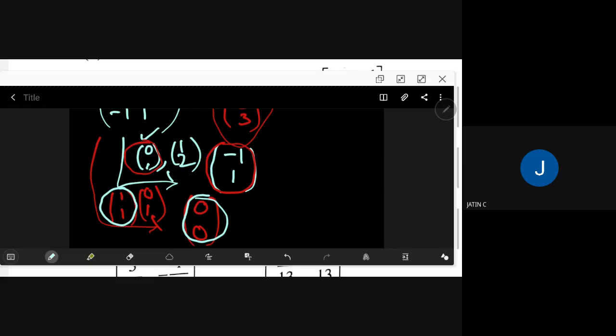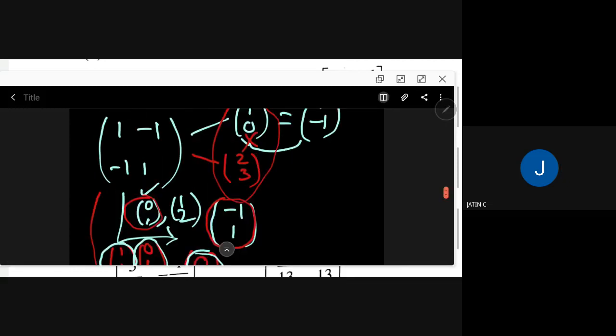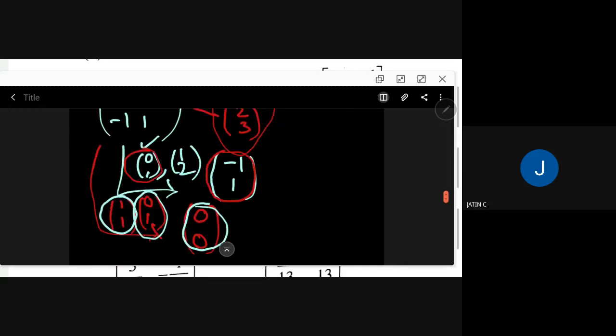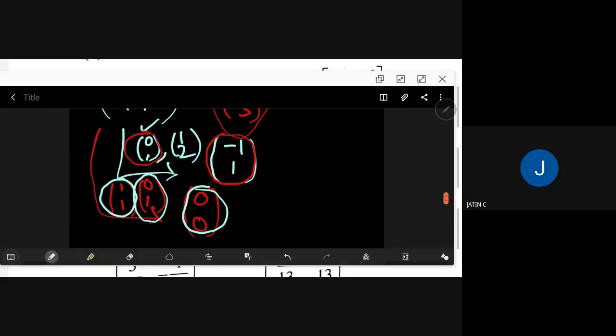No, we have to wait here because you may have 0 as the choice, lambda value is 0. So you need to check for the second one also. If we multiply 0 with 0, 1, the same matrix, then what we will get? 0, 1. So you have minus 1, 0, 1. If we are multiplying minus 1, you have 1, minus 1, 1. So minus 1, 1. Again, this is not a constant multiple of this. So the C choice is eliminated.